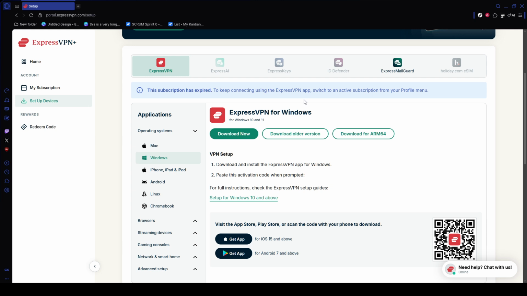Confirm that the IP address and location shown match the server you selected, and make sure the page says your connection is secured. When you want to disconnect, bring the ExpressVPN app back